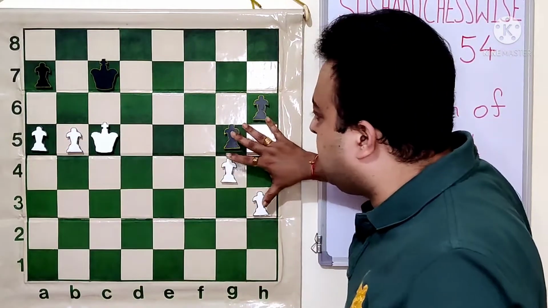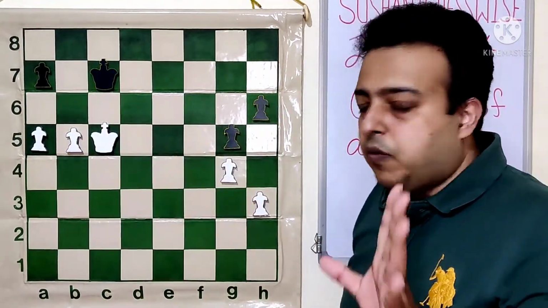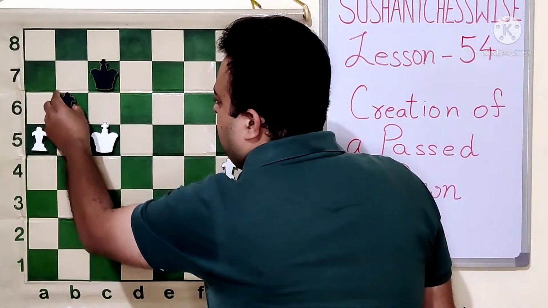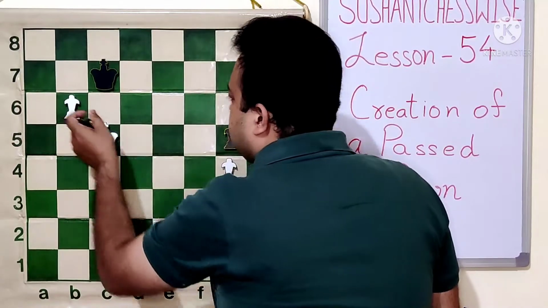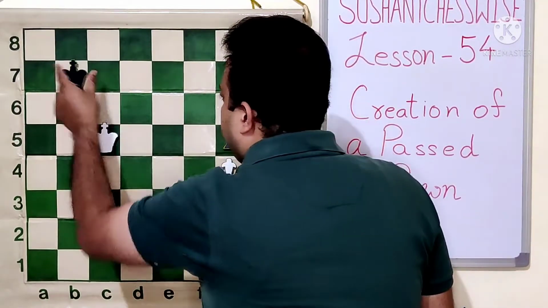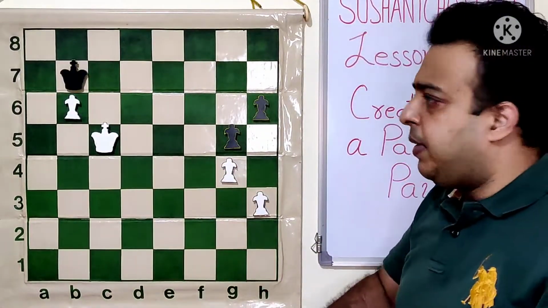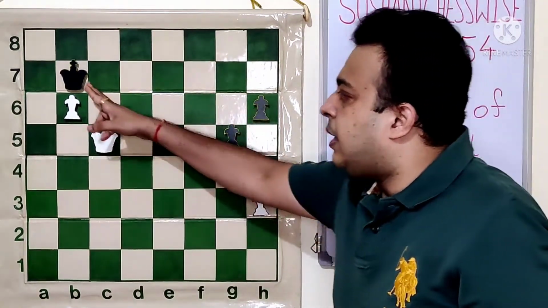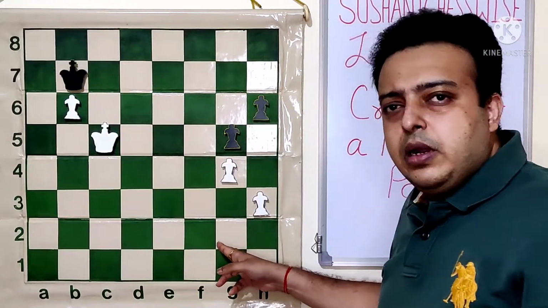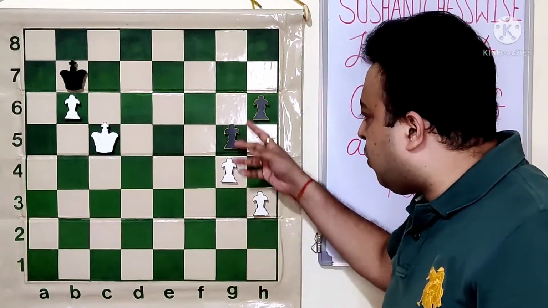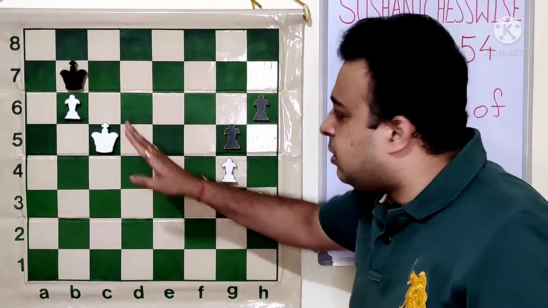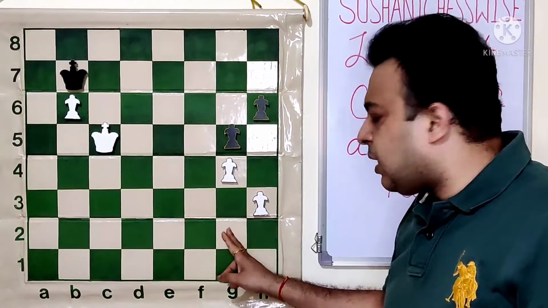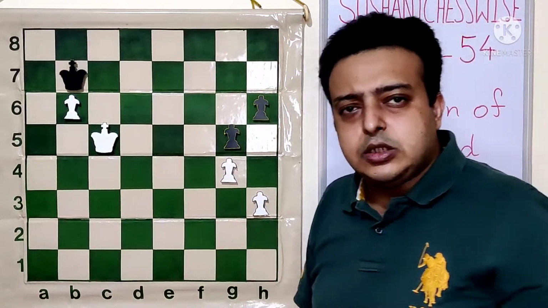So after fixing the pawns, we are pushing the pawn. One of the reasons is that suppose after B6 check, AB6, AB6, now the king comes to B7. So many times what happens, there will be a race between the kings. This king will go and capture these pawns, and after taking this pawn, the black king will come this side. Suppose the pawns are not fixed, then what can happen? There are chances that when this king takes both the pawns, the opponent's king has taken one of them, and still there is a chance of a draw.